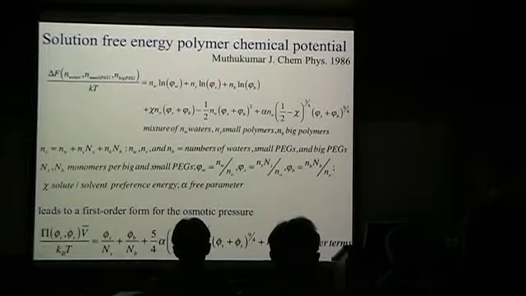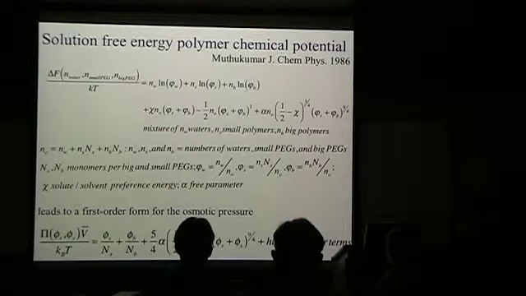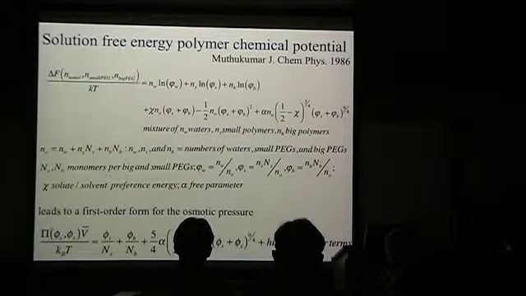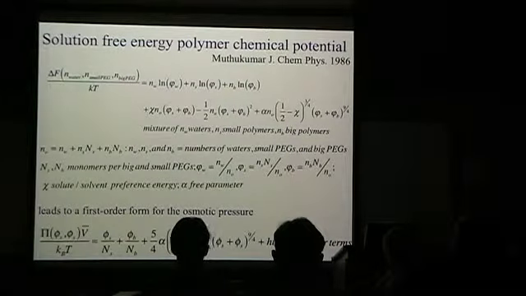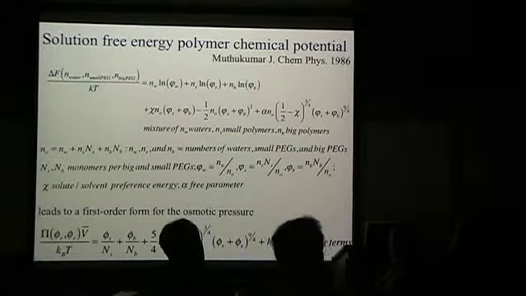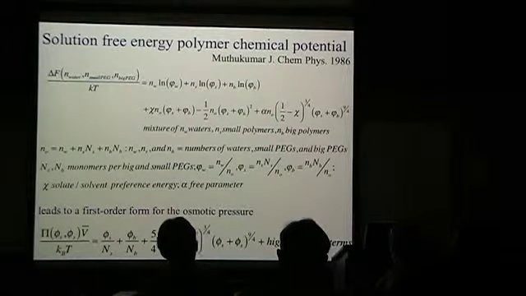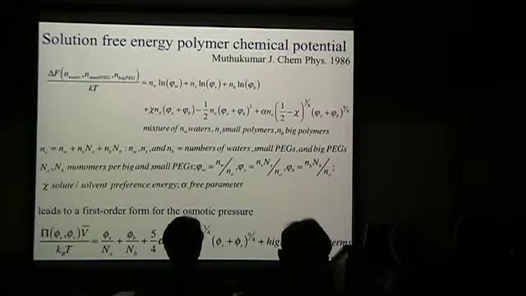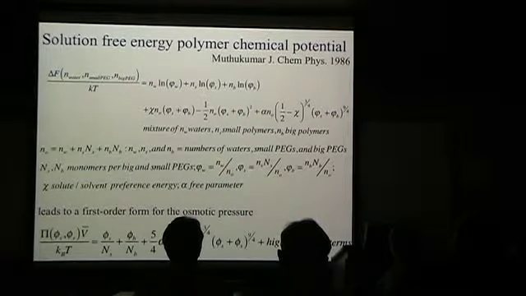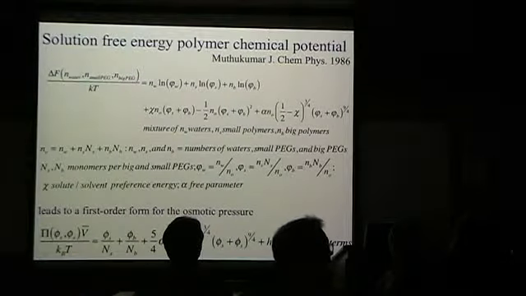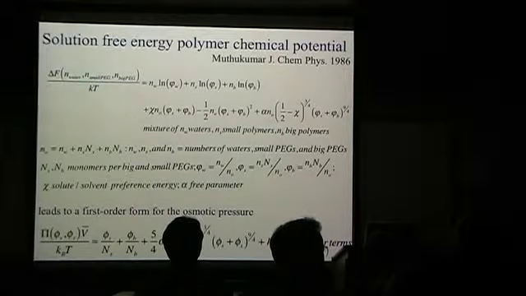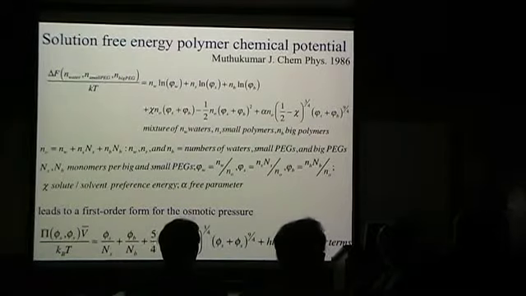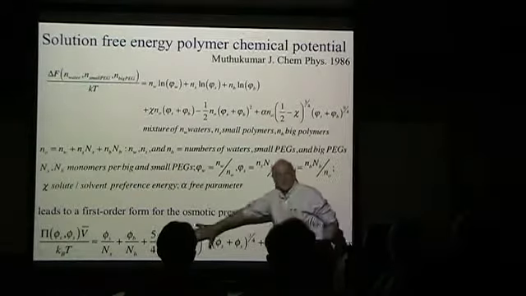And those of you who feel comfortable with something called the chi parameter from polymer theory, I know very few such human beings. I'm pretty sure they mean it when they say they feel comfortable. But chi is this thing that tells you how different the polymer feels next to another polymer versus how it feels next to the solvent. If it doesn't know the difference between the polymer and the solvent, it's going to be a very different polymer solution than if they really keep away from each other. And that's giving you the strength of this spreading force.